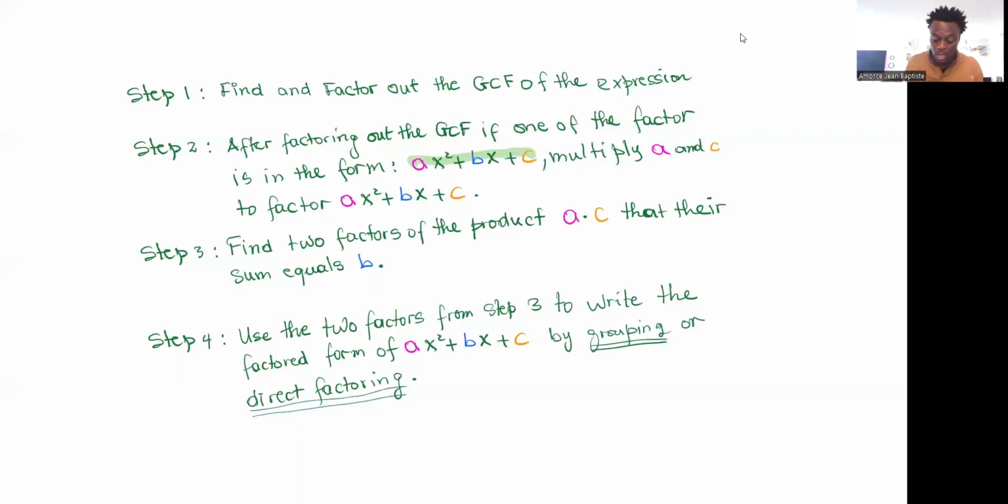In this case, you would know that your polynomial is prime. This polynomial that you're trying to factor is prime whenever a times c has no pair of factors